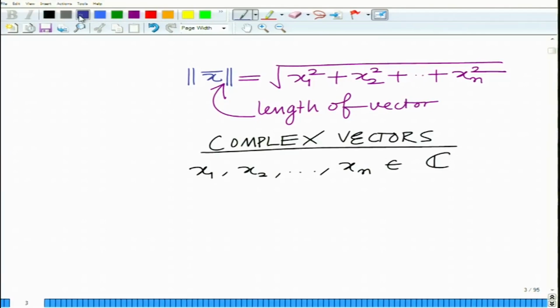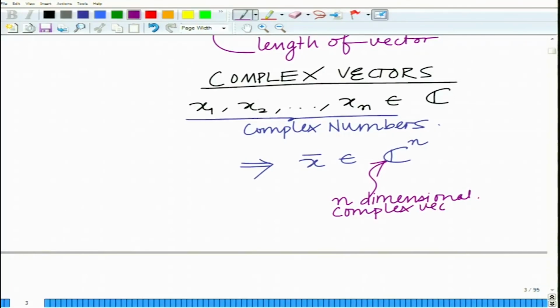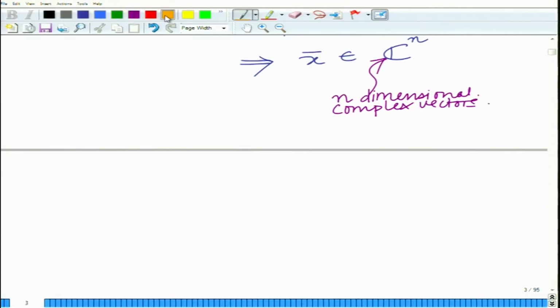So, for a complex vector, if the elements x1, x2, xn belong to C, that is, these are complex numbers, then this implies that the vector x bar belongs to C n, that is, the space of n dimensional complex vectors. Now, x bar Hermitian,